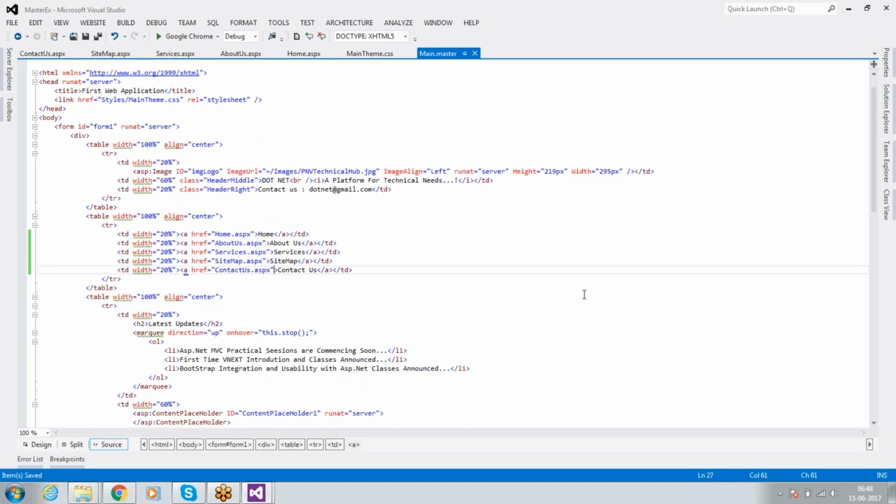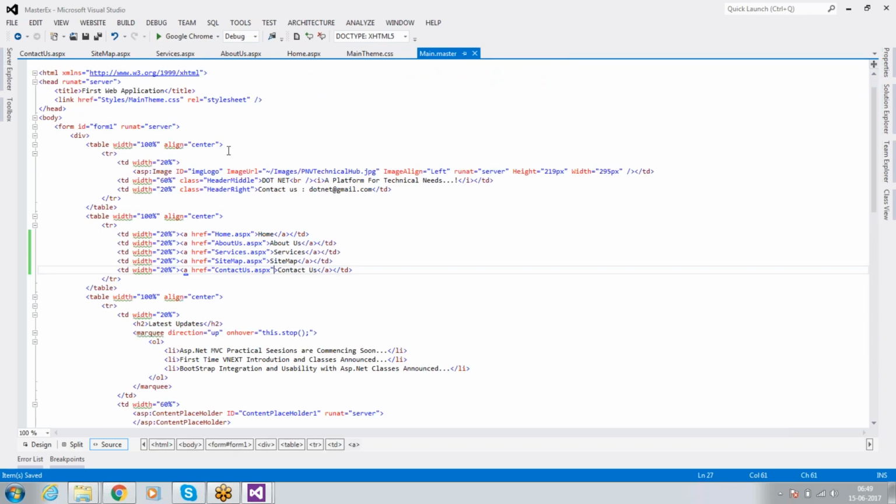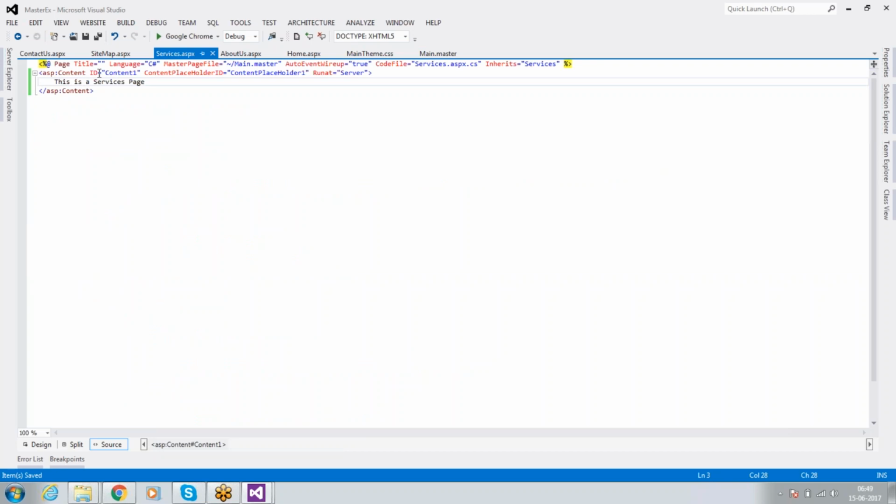So now this is the typical master page where we already linked our child pages to a master page. Now I'm trying to run my page. Here you can find in each and every page we have a title. So basically whenever we run a master page, the title will appear for us. We gave the master page title as first web application. If you want to change the title for a child page, you can give your own title. If you're not giving one, it will automatically take the master page title.